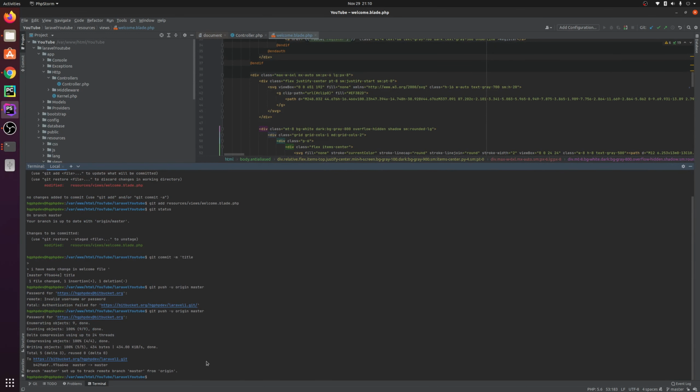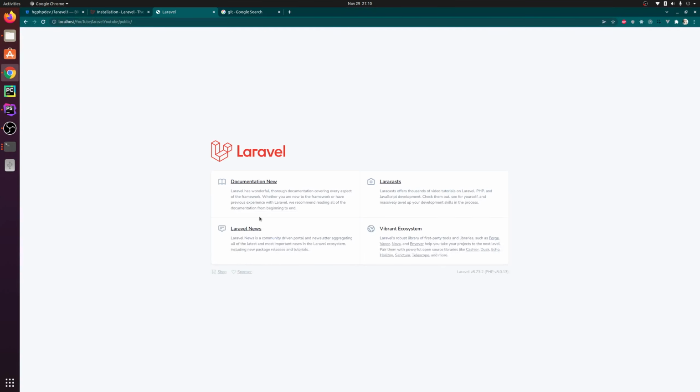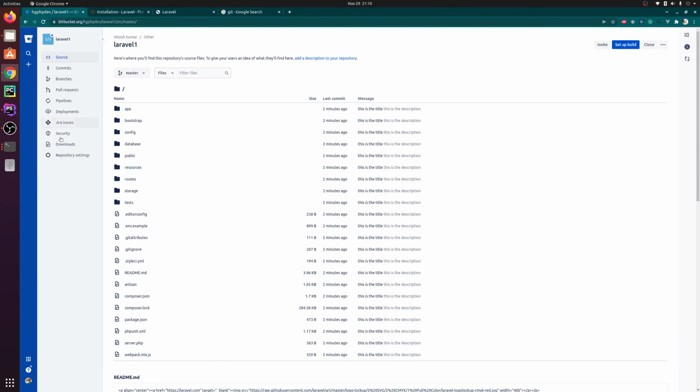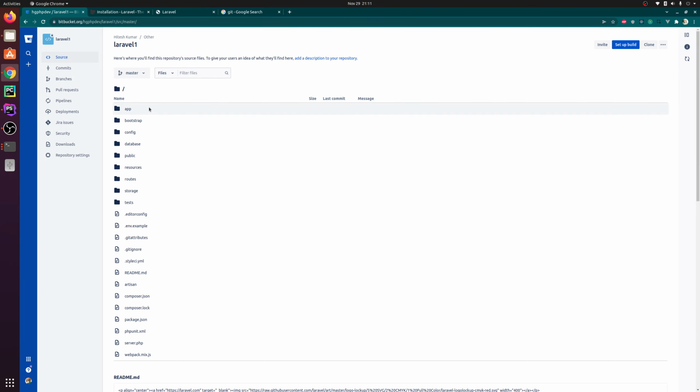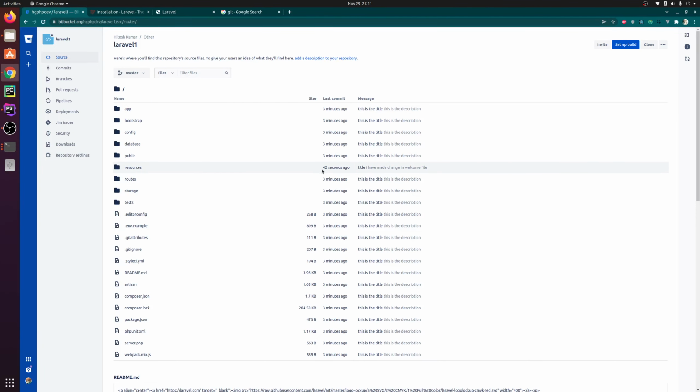So now you click again, and you will see the hash of the changes you made: 976A64. If you go to your Bitbucket account and click refresh, the new change was made 42 seconds ago. Yeah, I made a change in the welcome file.